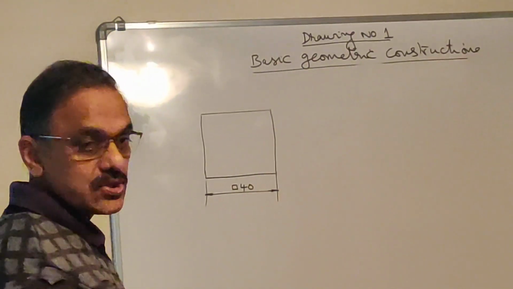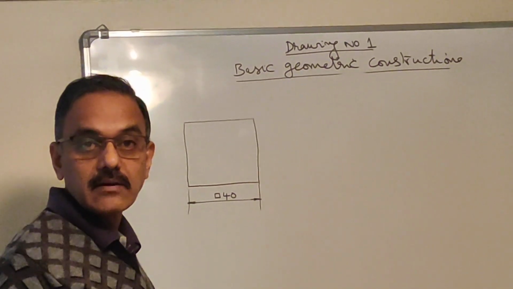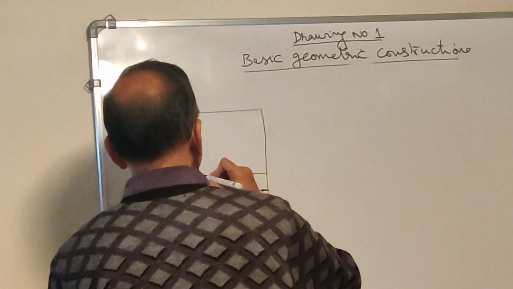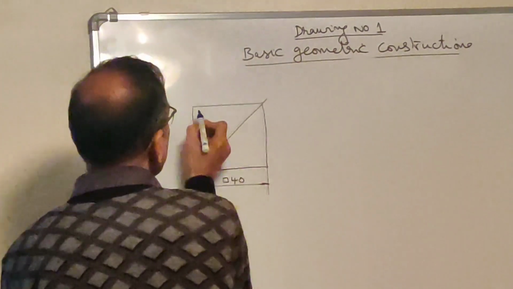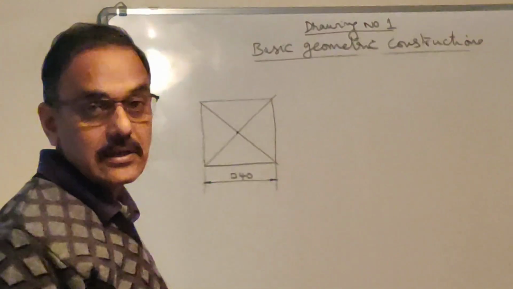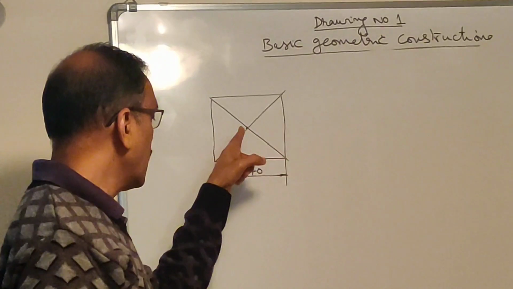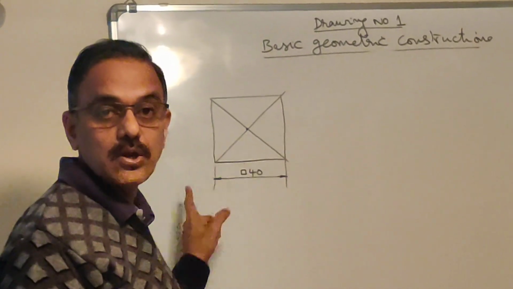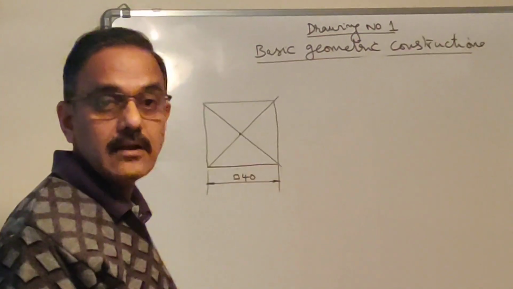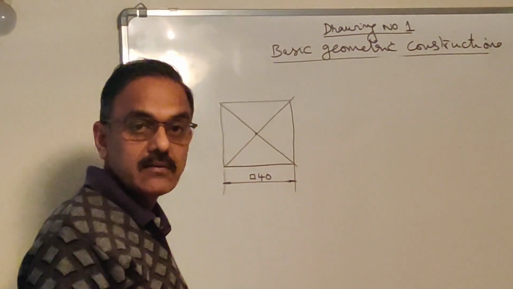You can also draw the diagonals of the square just to identify the center. Okay. How do you draw the diagonals? Just connect the opposite corners so that you get the center. But make sure the diagonals are drawn thin. Imagine that this is a plate, a square plate. Okay, I want to identify its center, so I have just connected the diagonals to find the center. Make sure the diagonals are made light. So this is the first square.